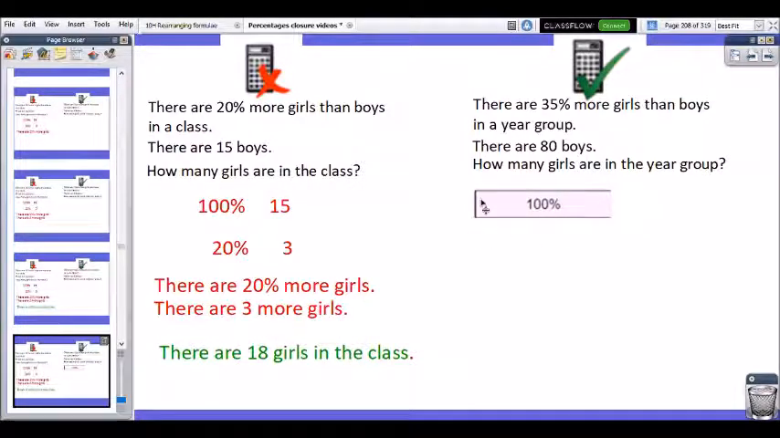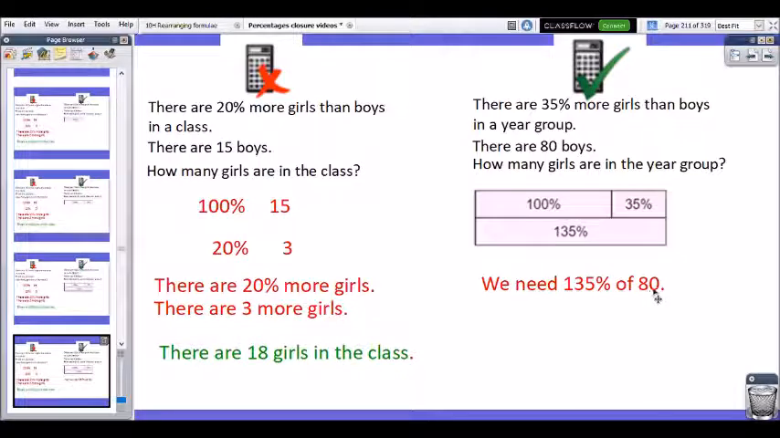Let's say the amount of boys is called 100%. So the amount that we're starting off with, we're going to call 100%. But we're increasing this by 35%. So what percentage do I have altogether? Well, 100% add 35% gives me 135%. So this question is effectively saying, what is